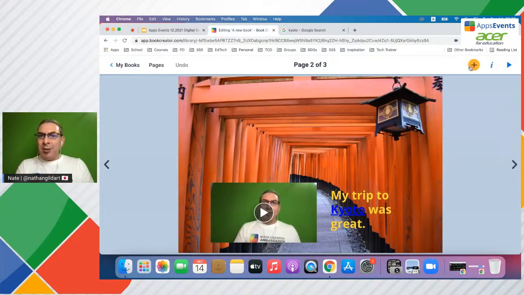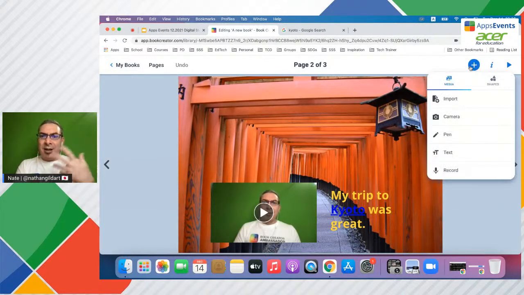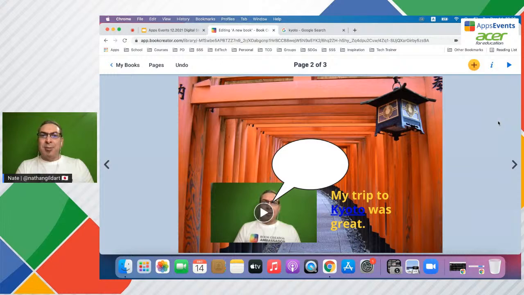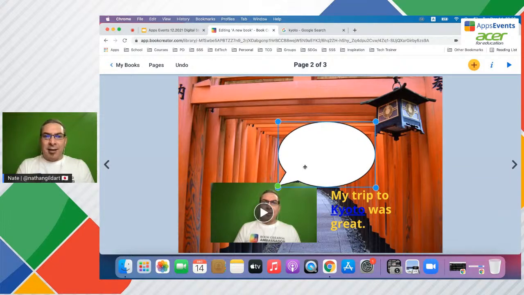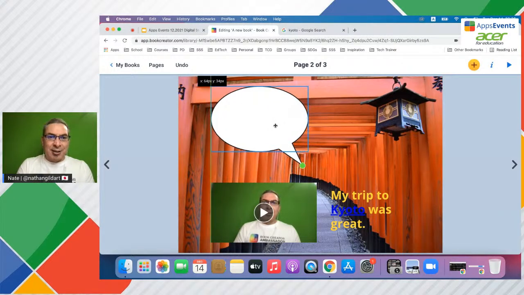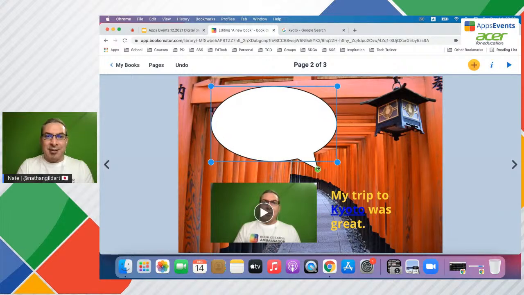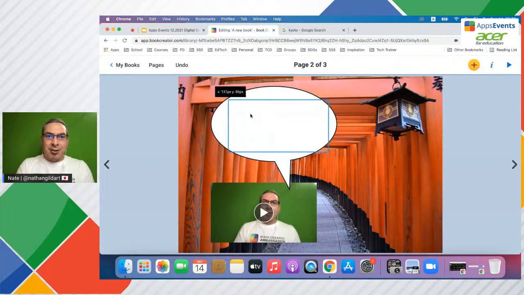And I might want to put in some kind of audio or something. The record button works exactly like the video that I showed you, but let's put in maybe a shape here. Get a little bit playful. And I don't want to cover up my lantern there. I think that chochin looks pretty cool. Chochin is lantern in Japanese. Let me pull that down here. And I'm going to take this and I'm just going to put it right there.